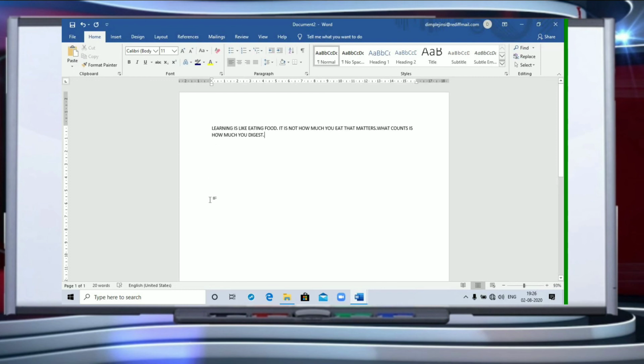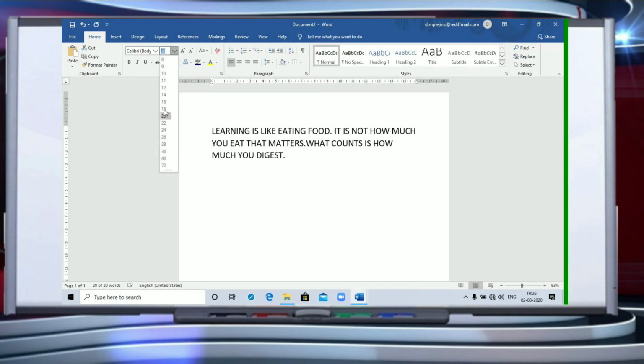I can select the text, click here and use your mouse, or if you are using a laptop, you can select it and then go here and make changes.